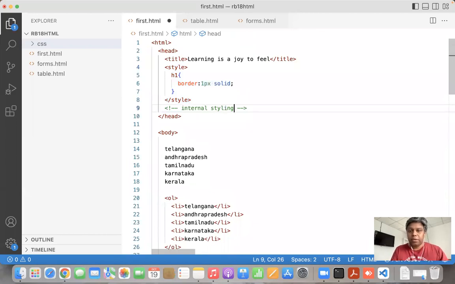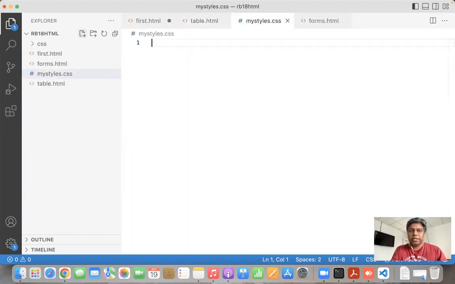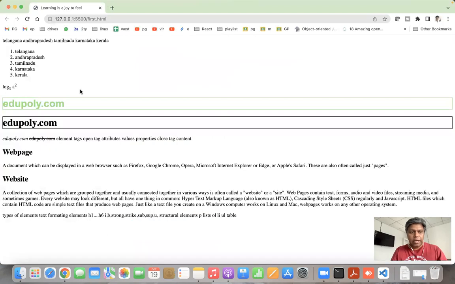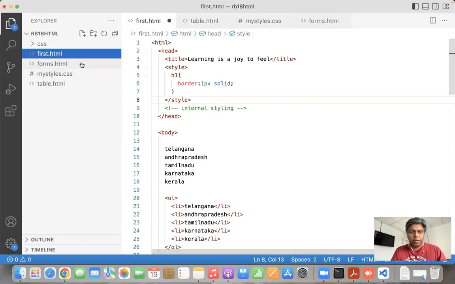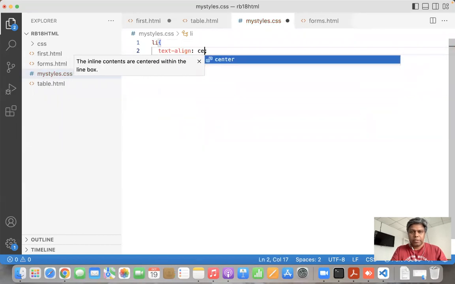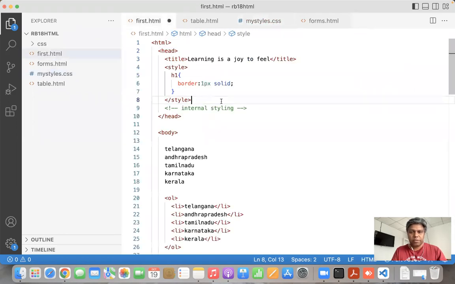Sometimes we may try to write a separate file for styling with the CSS extension. Generally LIs are coming in the left side of it, right? Okay, I try to create a style for LI, that is text align center. Let us see. And this style I can apply to my first page through link